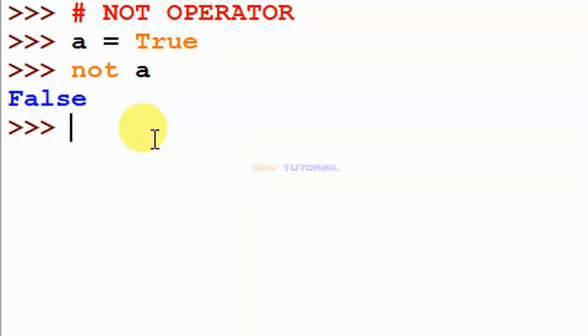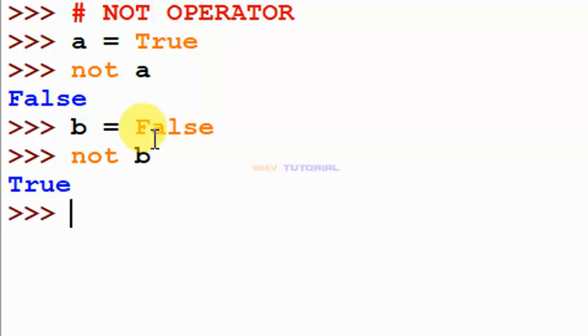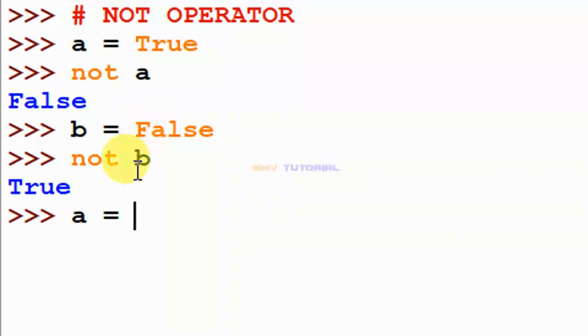I check the next one. B is equal to False, and hit enter. I check this condition, not B. Hit enter. It shows the opposite value, True. And it is called the NOT operator. And I check the next one. A is equal to True and B is equal to False.